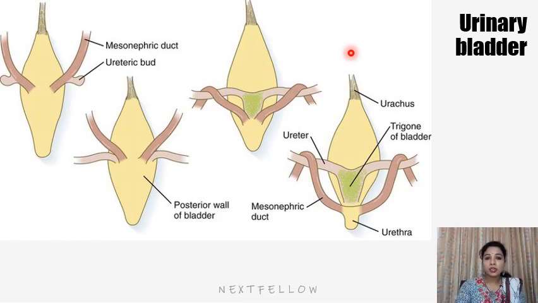and the gut system. The urorectal septum in the cloacal region subdivides it into the anterior urogenital sinus and the posterior rectum. We can see here the developing urinary bladder, which is the urogenital sinus. We can see the mesonephric duct and ureteric bud starting to develop here. Slowly, the mesonephric duct starts getting absorbed into the posterior wall of the urinary bladder, and the apex